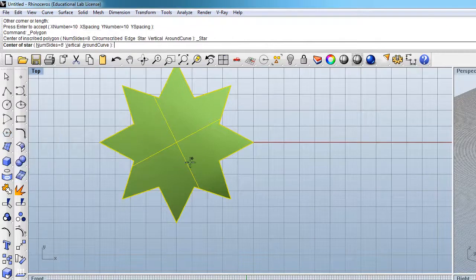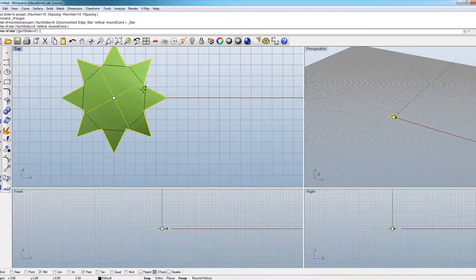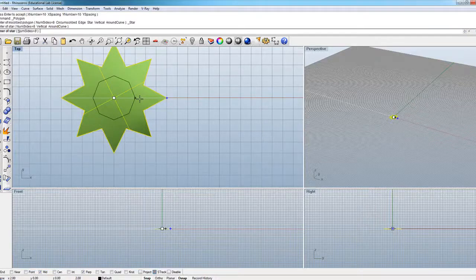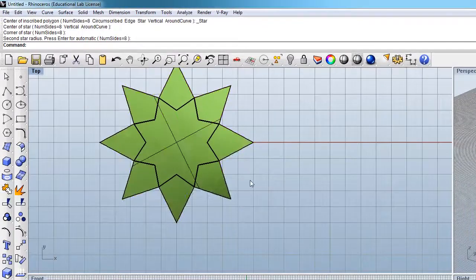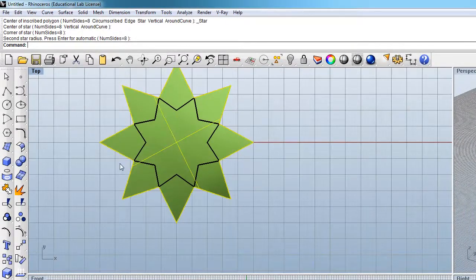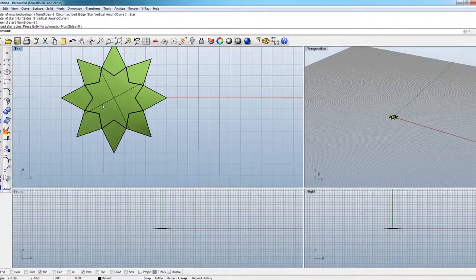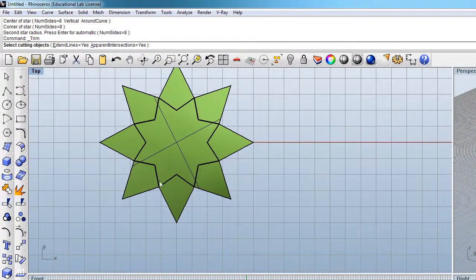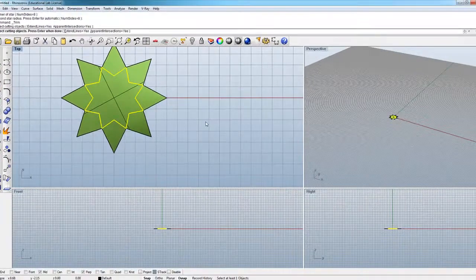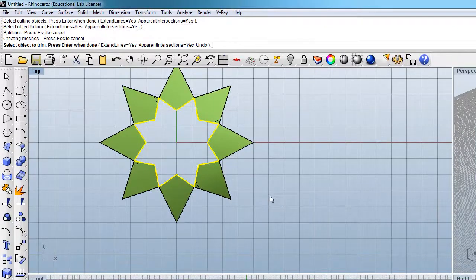I will probably do another star using the same center and press shift. And maybe I do something like this. I have not tried this yet, but I think it might be interesting. So now what I'm going to do is to trim off the center part. So using trim, select the cutting object, which is a curve, the star, press enter, and click in the middle,